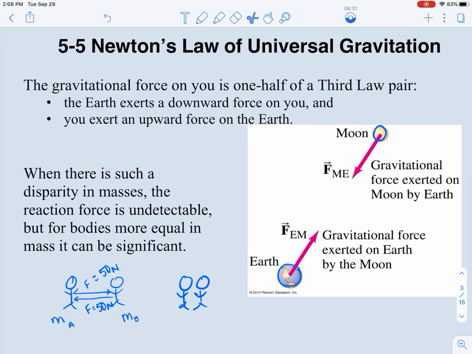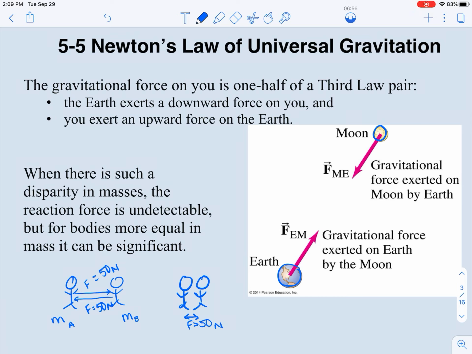The strength of that gravitational force, though, is now greater because they have put less space between them. They have now caused the strength of that force to increase. So this force value is now going to be some value larger than the original 50 newtons because they are